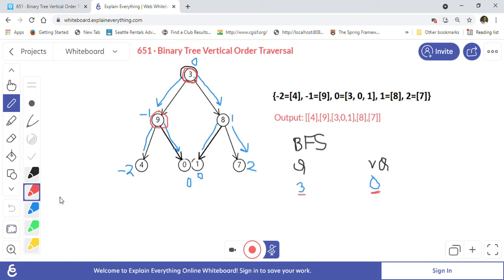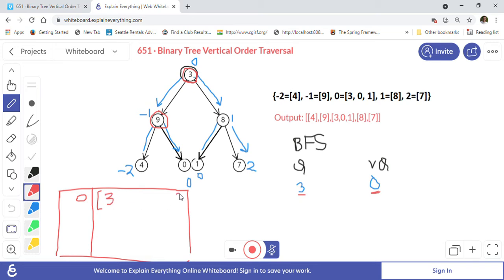Let me put a map here, so you can visualize how the map will be populated over time. We have seen one node with vertical position 0, so we'll create 0, and for that 0th position we will create a list. Now as we have seen 3, we will add 3 into the list in this map.